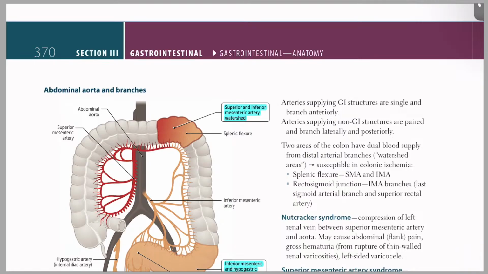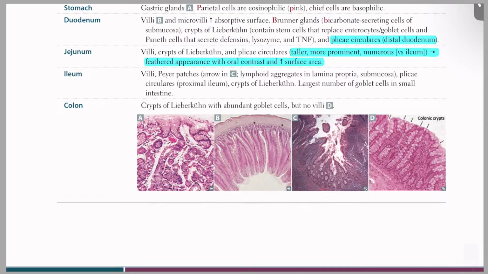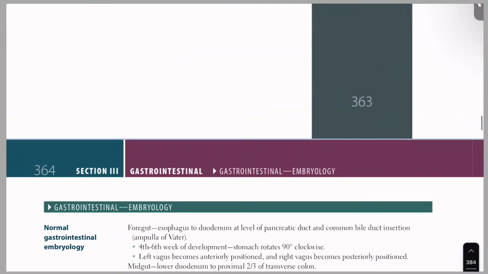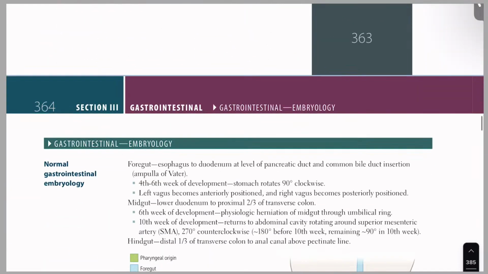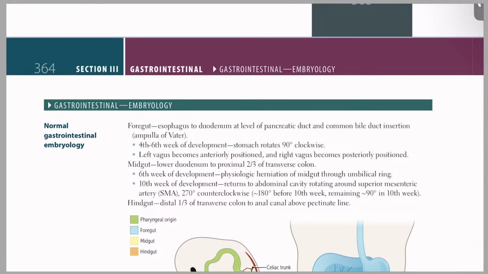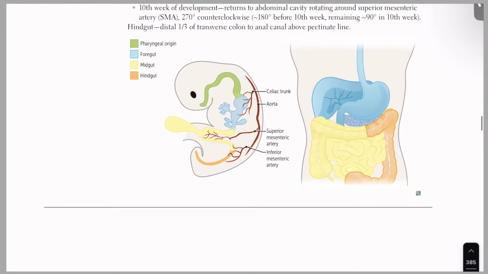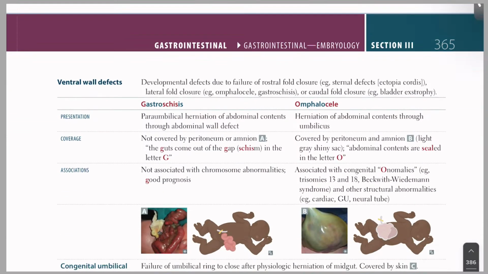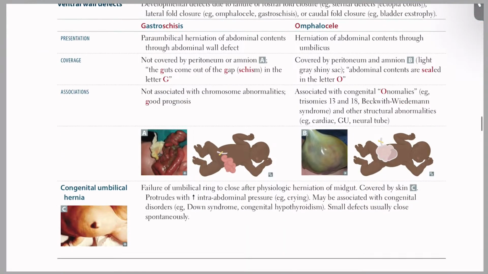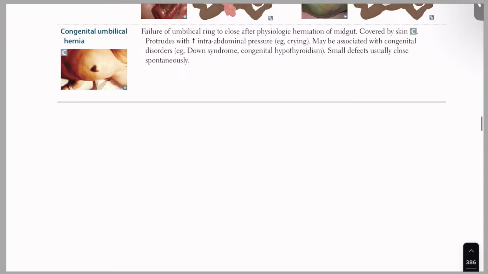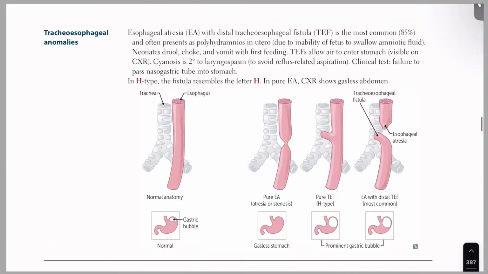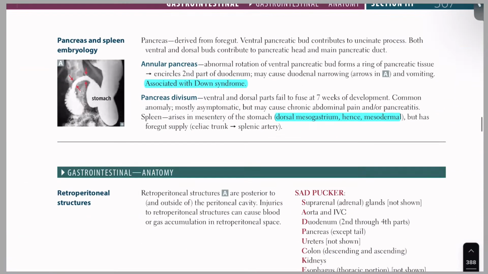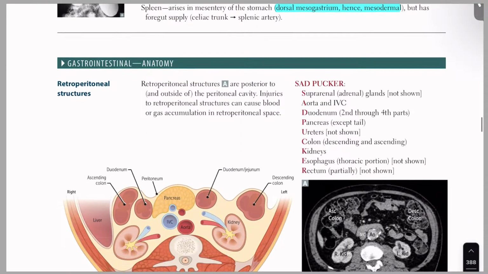Okay, so in the last minute we'll check whatever we read in this session. We started the gastrointestinal system, from embryology, normal gastrointestinal embryology. Then ventral wall defects, gastroschisis and omphalocele. We have seen congenital umbilical hernia, tracheoesophageal anomalies, intestinal atresia, hypertrophic pyloric stenosis, pancreas and spleen embryology, and